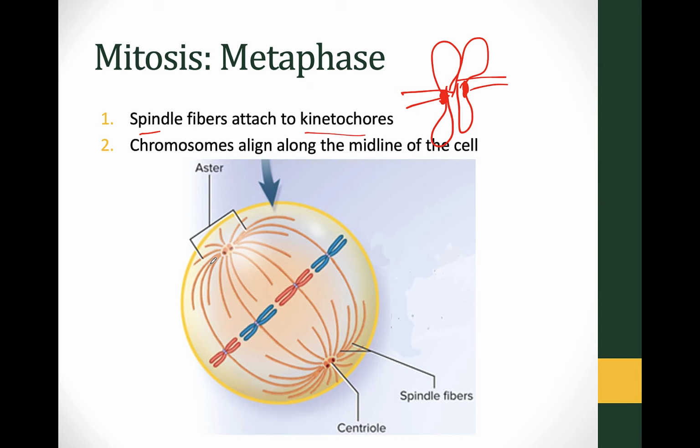And what you can see is that there's a spindle fiber attached from both poles. That's important. If we want this chromosome to split properly, I've got to have somebody tugging it this way, somebody tugging it this way. Because it's attached to both poles, think about pulling equally from both ends. You're going to end up with the chromosomes along the middle. This isn't just a line, it's more of a plane. So here's the plane through the center of the cell.